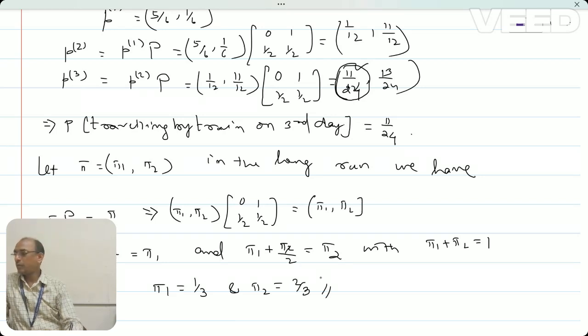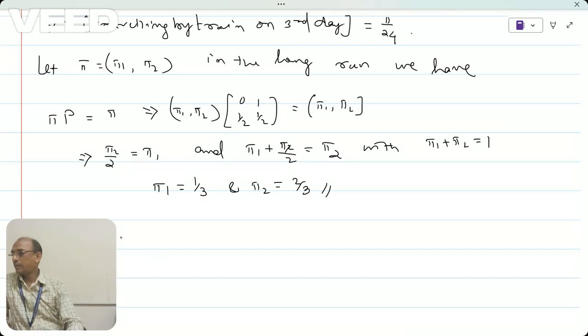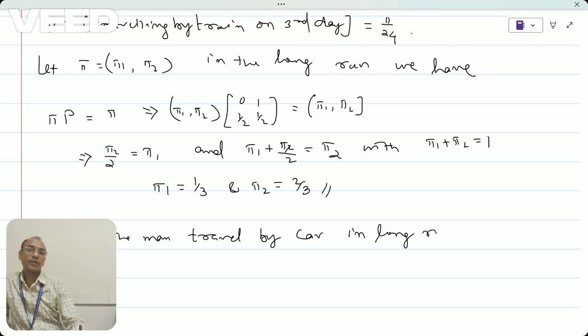Therefore, the probability of traveling by car in the long run is equal to pi 2. Pi 2 is nothing but 2 by